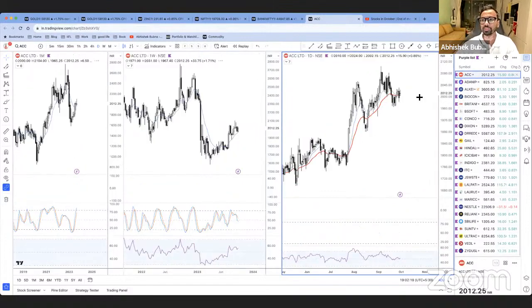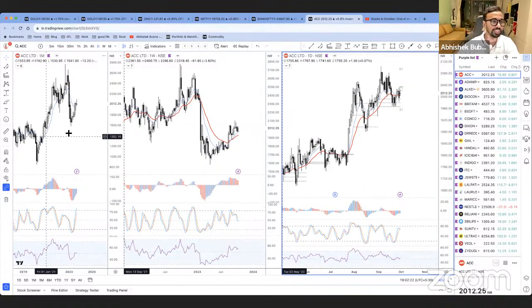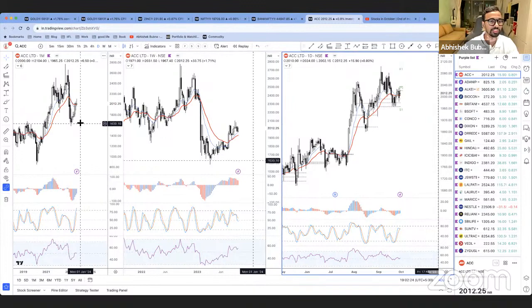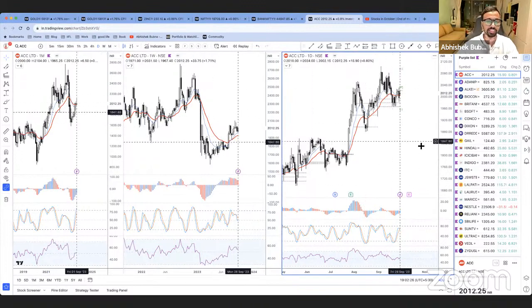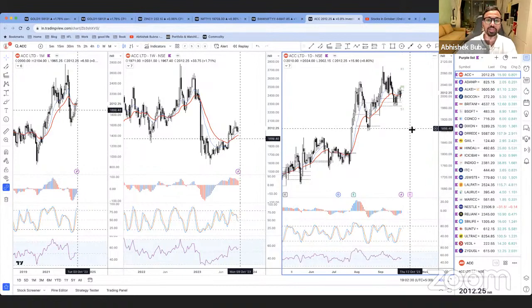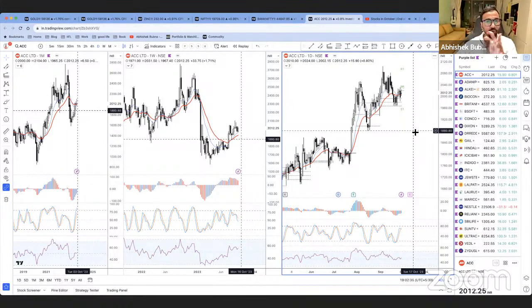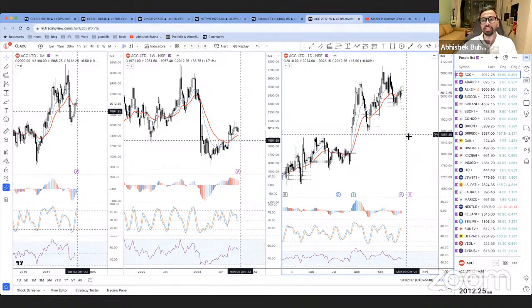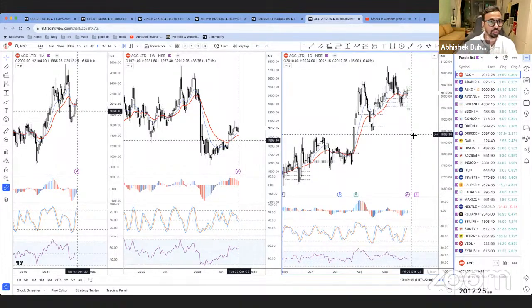So first, we're going to start with the purple list. What we're going to do today is, for a change, we'll have the monthly chart, the weekly chart, and the daily chart. And of course, I've shortlisted the stocks. We've got about 27 stocks in this, as per monthly, weekly, daily setups. And then we're going to go to commodities, then indices, and then we're going to do cash stock analysis.